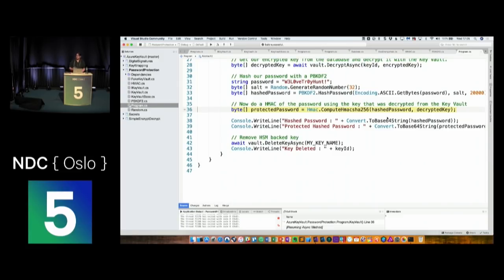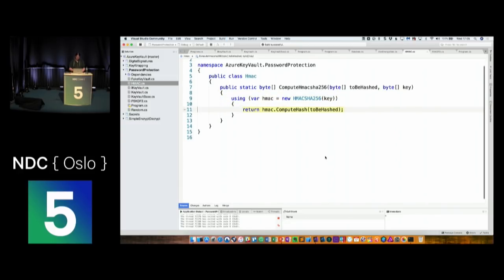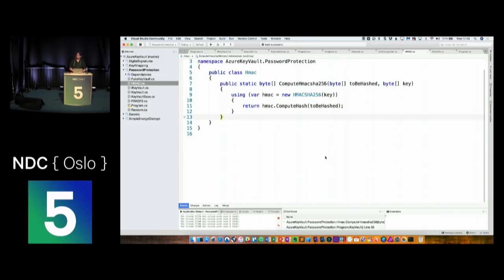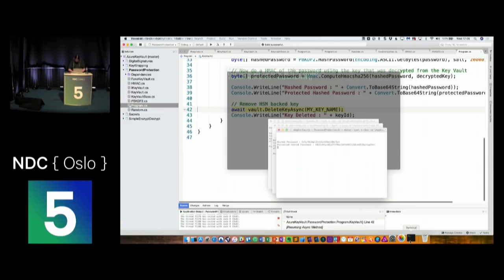So now we've done that, typically that's where a lot of people might stop and then just store the results of that hash in the database. But we're now going to create an HMAC. So we pass in that already hashed password and the key, which we've already recovered from the Key Vault. And we then hash it. So if we display those on the screen,